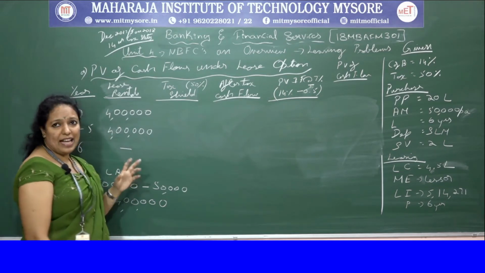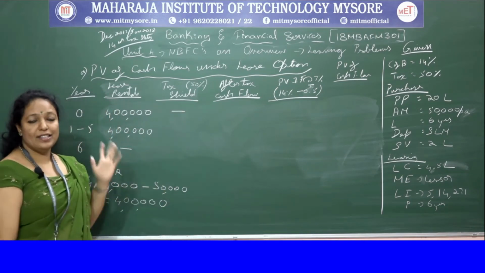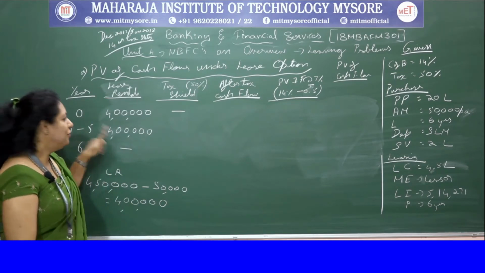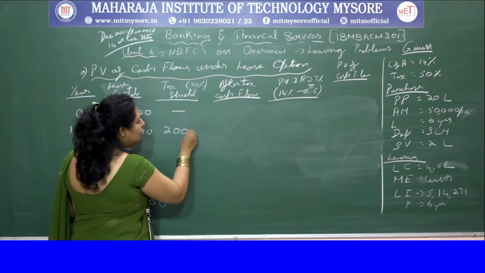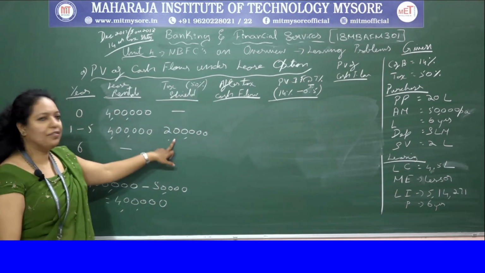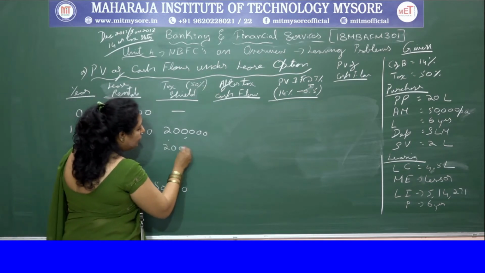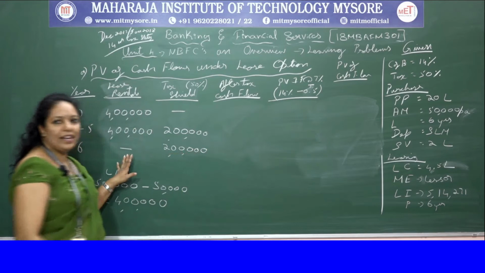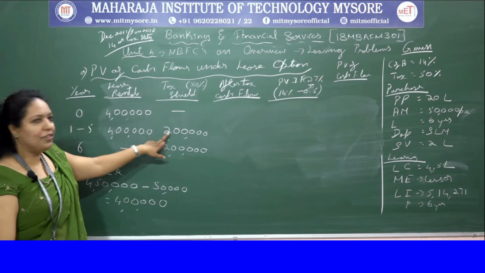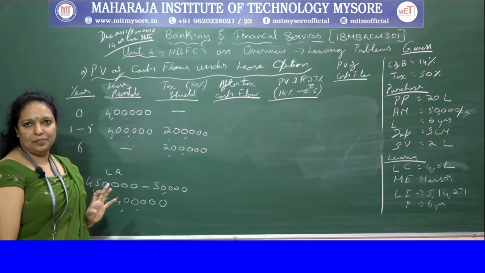When it comes to the tax shield, as you are paying it in the beginning, you are not getting any tax shield for the 0 year. You are getting the tax shield in the 1 to 5 years, which is 2 lakhs. How do you get 2 lakhs? Because the tax shield is 50%. So 4 lakhs, 50% is 2 lakh. Then in the 6th year, you are getting 2 lakh tax shield, even though you are not paying any lease rentals because you have paid it in the beginning. First year's tax shield till 5th year is covered in this lot. 6th year's tax shield is written at the end.